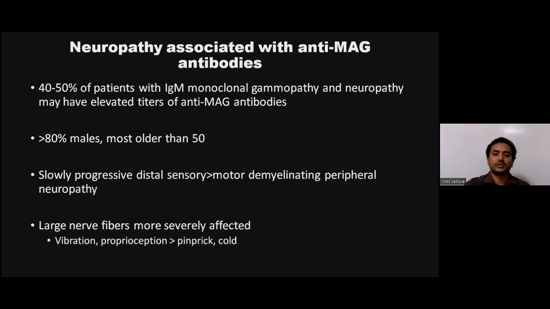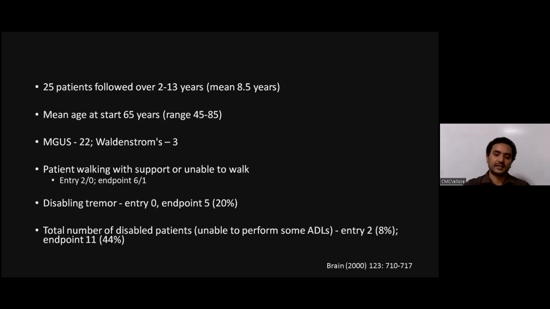This is a study in a Brain article done by Dalakas' group 20 years back for the DADS variety. The point I want to make is that the DADS variety, even after trying so many treatments,